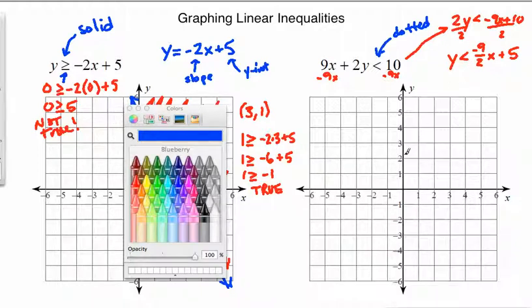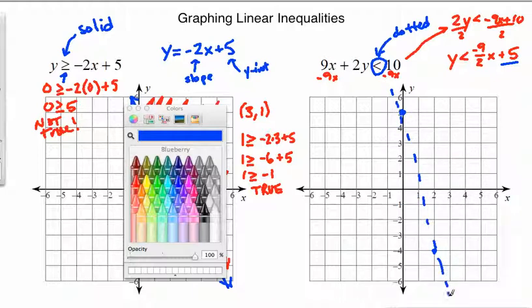Okay, so when we graph this, now we're going to go ahead and use this y-intercept here of 5. It's a coincidence that they're both 5. And then a slope of negative 9 over 2 is down 9. 1, 2, 3, 4, 5, 6, 7, 8, 9, and then right 2. 1, 2. Okay. Now, when I graph this line, it's going to be dotted because we have a sign that's not or equal to. It's just greater than. So that what that means when we do this dotted line,